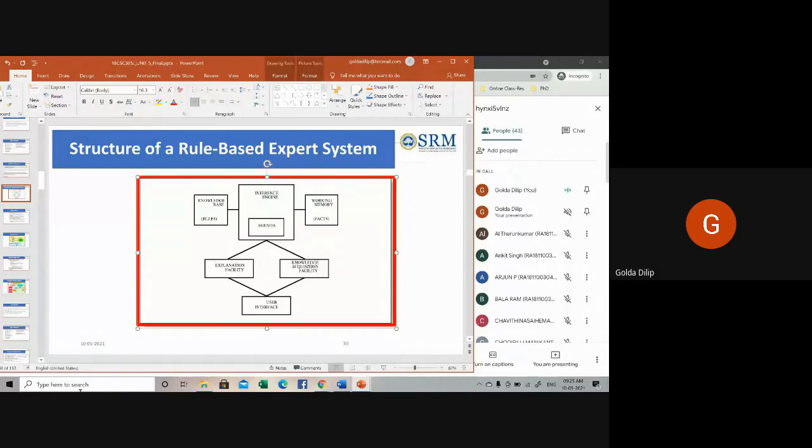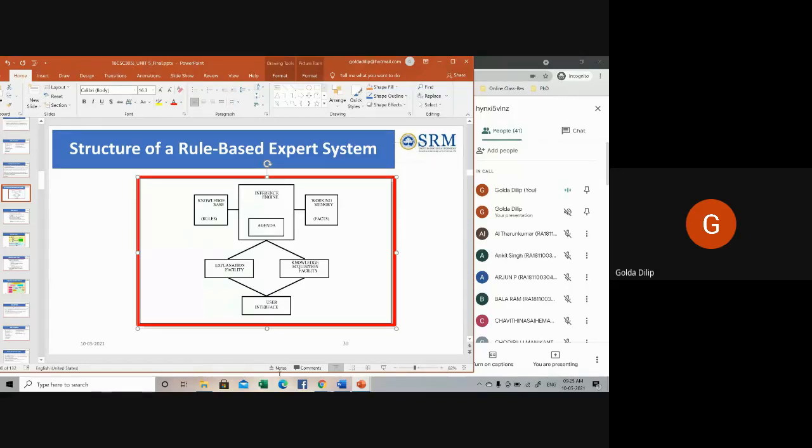As far as the rule-based expert system is concerned, the knowledge will be represented in the form of rules. Each rule will specify a relation, or a recommendation, or some heuristic. Finally, whatever it is, it will be in the form of if condition then action. When the condition part of the rule is satisfied, that particular rule will be fired and the action part will be executed.